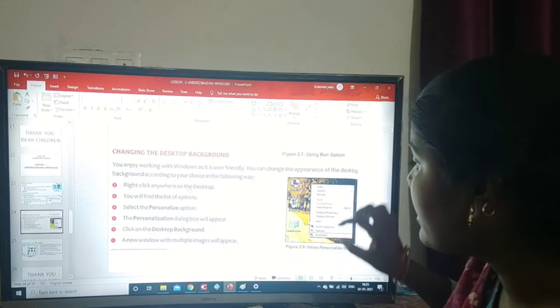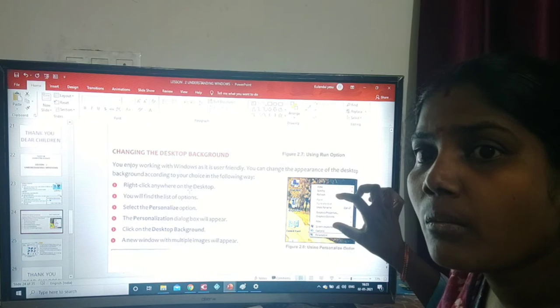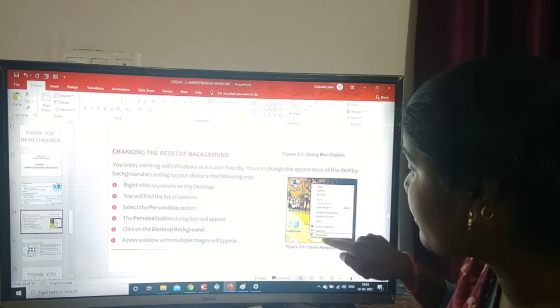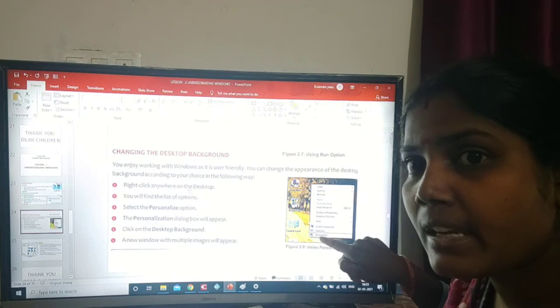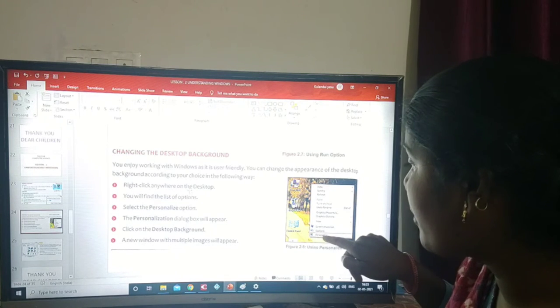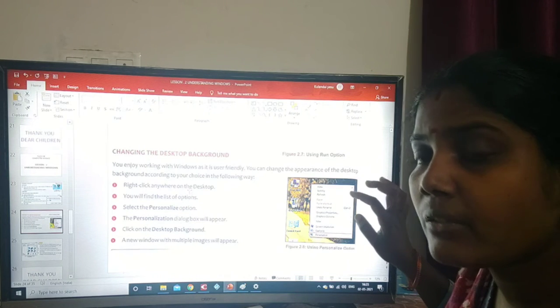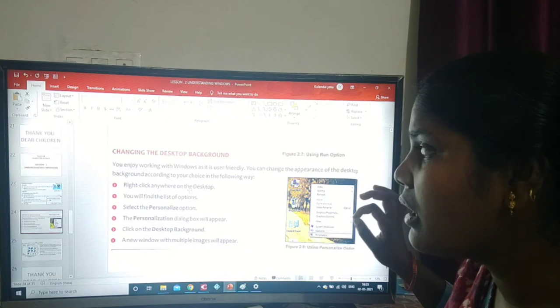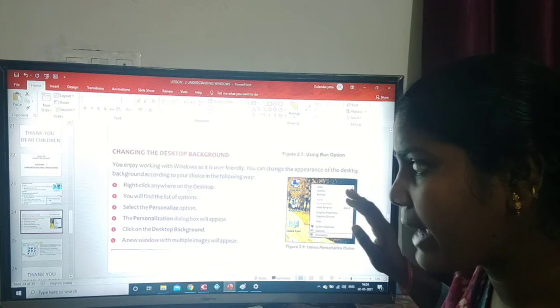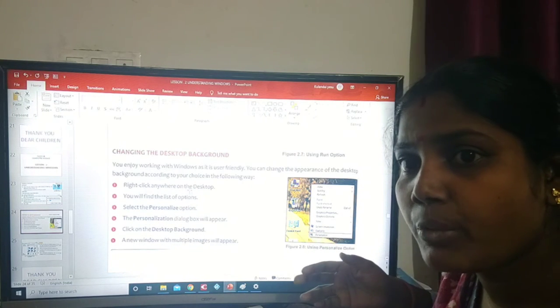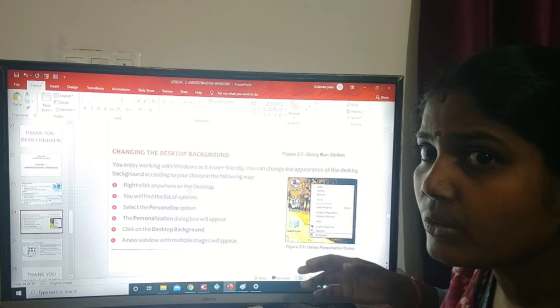Then a menu box will appear, and in that we select Personalization. After that the Personalize option will come, and we select Desktop Background. Then we select our picture and change it.